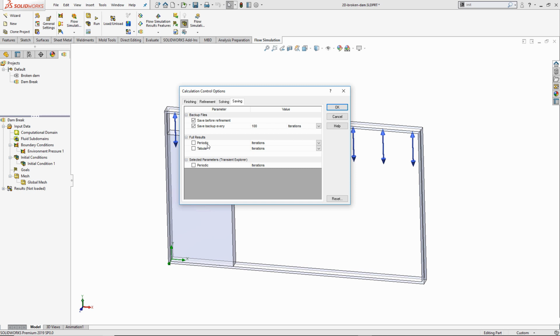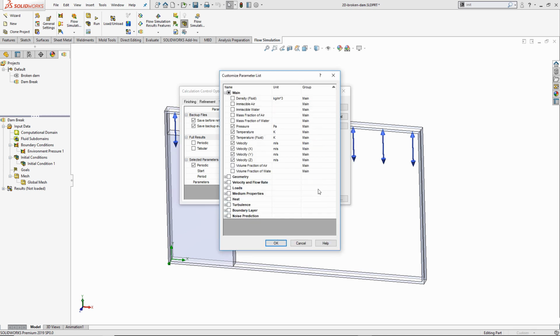And I want to show you here something that was added in SOLIDWORKS 2017. This works for any transient analysis from SOLIDWORKS 2017 or after, and that's the Transient Explorer. So instead of having to make my results and then jump into an animation suite, I can turn on this Transient Explorer. It just helps with post-processing later on. It has some automatic parameters down here that it's saving, and I'm just going to look into those. I want to also look at mass fraction of water and volume fraction of water, maybe immiscible water. These are all things that I just want to be able to play in animations easily later